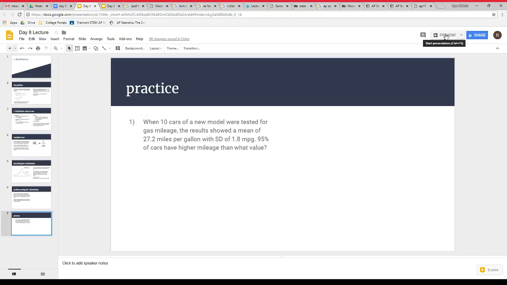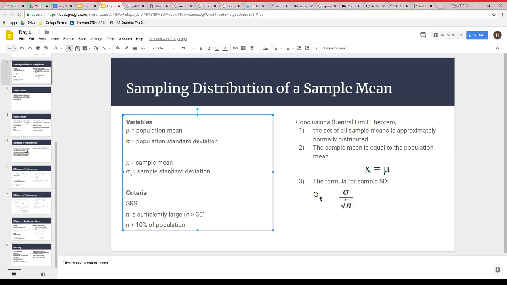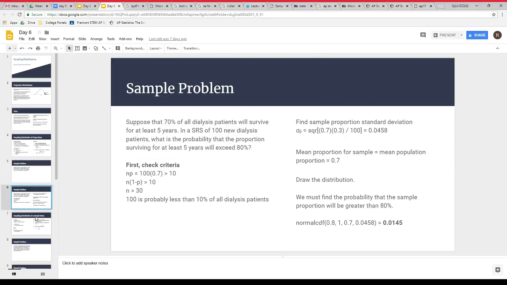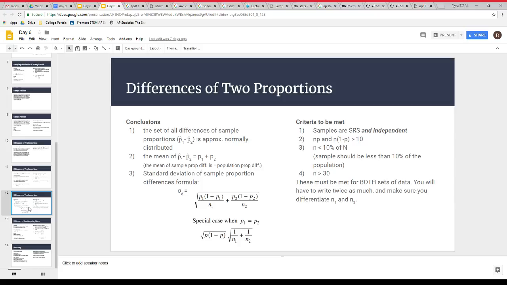Okay, so that's the end of the PowerPoint. We have half an hour left. So I understand that the fact that there are 3 different distributions and 3 different ways of solving problems because of all of these different things that I covered in day 6, that's confusing because sometimes you get a problem and you don't really know what to do because you're not sure which thing you should do because there's so many things to do. So I'm going to try to alleviate that by,